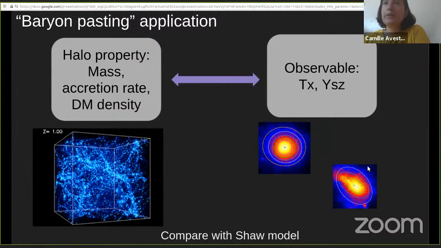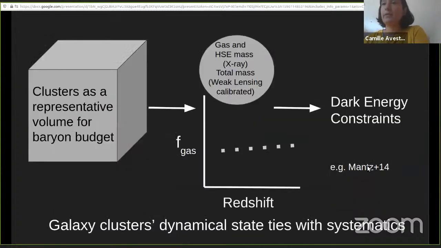So for this baryon pasting application, the specific examples I've given take in halo properties, mass accretion rate, maybe dark matter density also, and then spit out some observable. Those things can then be compared with something like the Shaw model as well, which is a little less pasty, but analytic. So just stepping back,